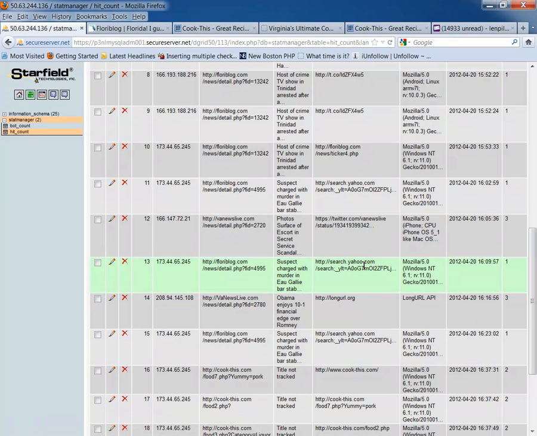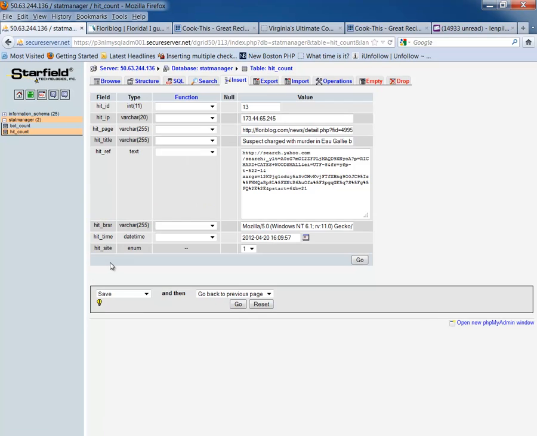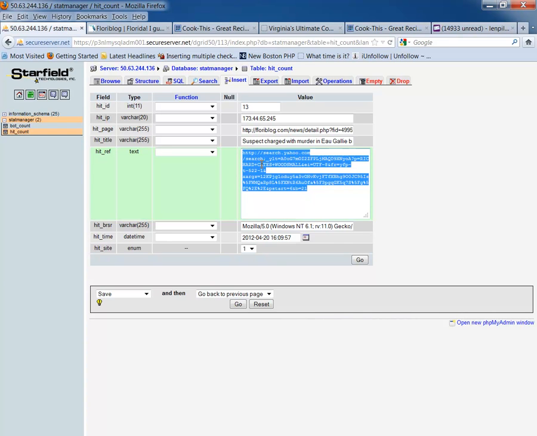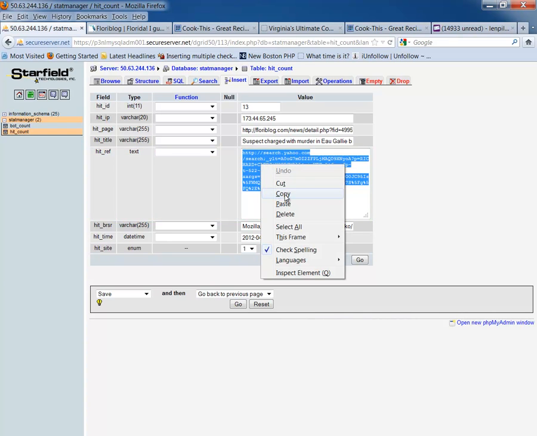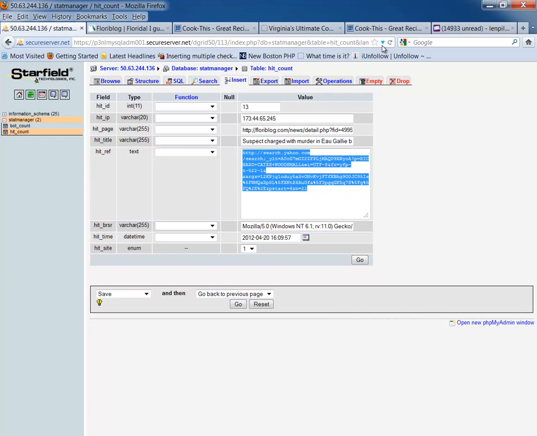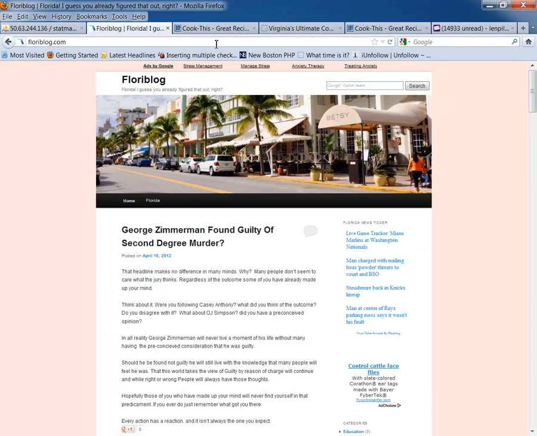You can see here where I've got a Yahoo search, and I've made this particular field a text field because sometimes the strings can get pretty long. So what I'm going to do is I'm going to go visit this record right here, and I'm going to cut this out of here, this search Yahoo and the long string that follows it, and I'm going to go up here to Florablog, and I'm going to paste it in, and